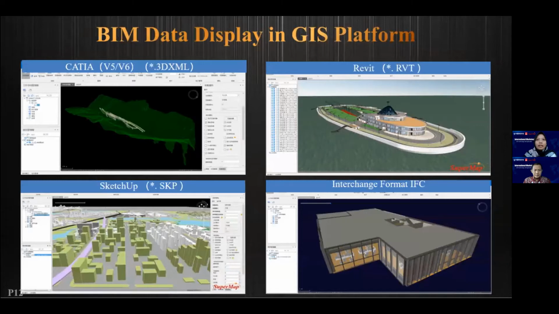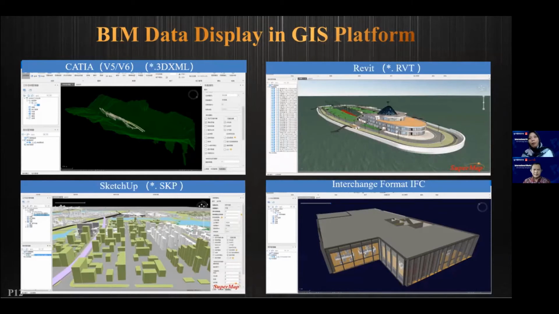All right, so this slide is basically showing the BIM data display in GIS platform. It is natively reading BIM data. By using these tools, we need to ensure that we have a lossless effect while importing the data. And also the features of BIM still need to be fully preserved after we import to GIS platform, such as the data structure, storage form, and also the expression effect,